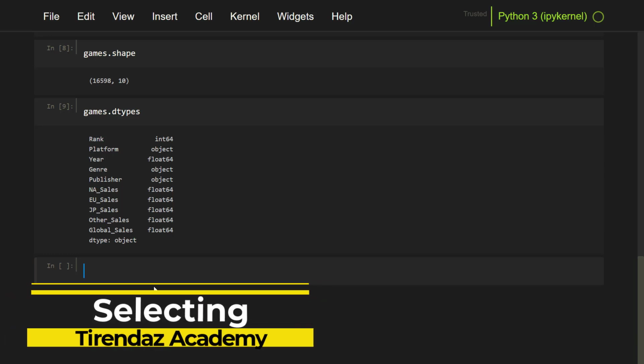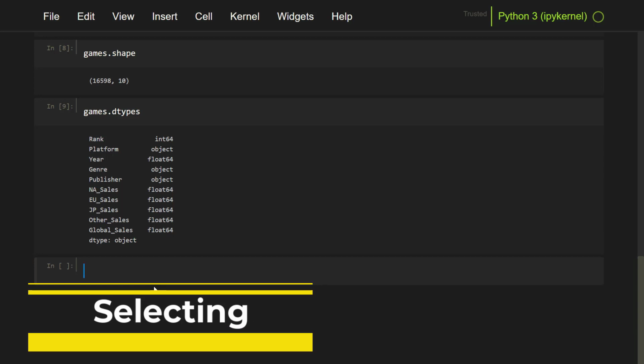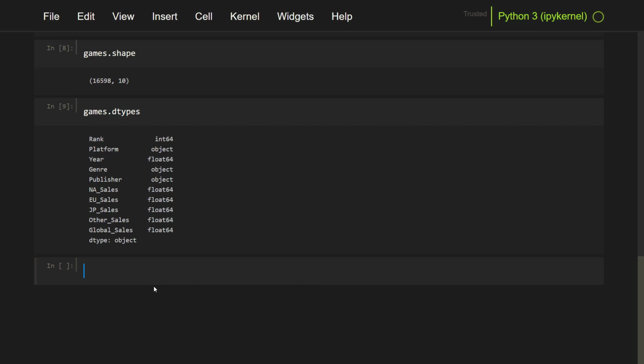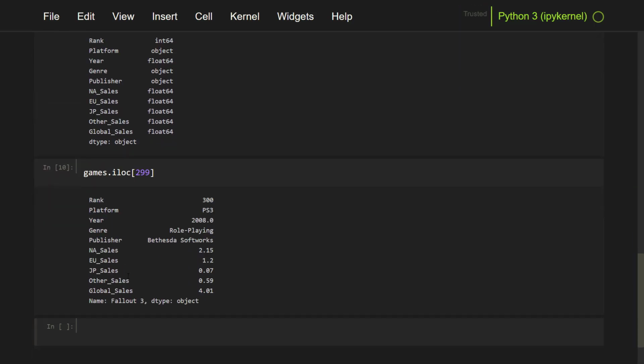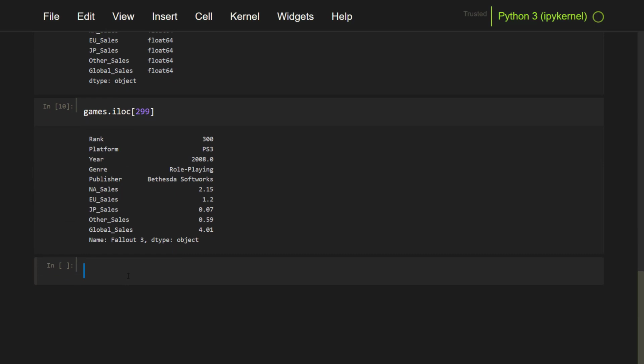You can see any row in the dataset on the screen. iloc is used for this. Let's say we want to see the 300th row. I'm gonna use the games.iloc method. I'm gonna use square brackets and set 299 because indexes start from 0 in Python. Wow, there is no one who does not know the game of Super Mario.